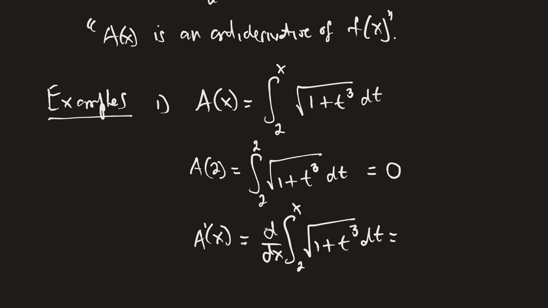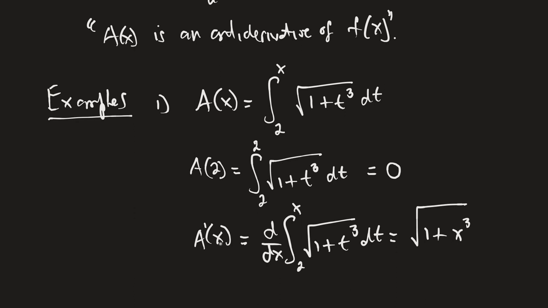We were leading to this theorem. But if you're differentiating an area function, you're going to get back the original function, but with x as your variable, not t. So the derivative of this area function is the square root of 1 plus x cubed,